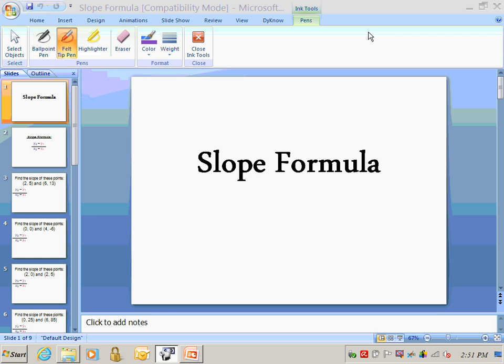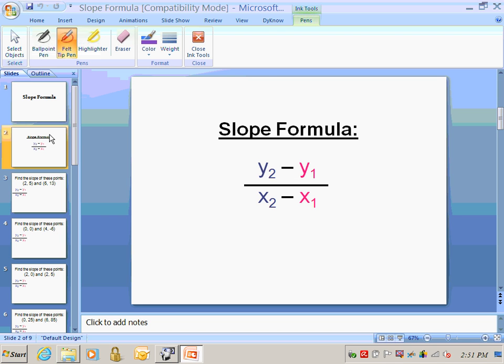This video is on slope formula. It's for when we have two ordered pairs and we're trying to figure out the slope. The slope formula is y2 minus y1 over x2 minus x1. And where we're getting this from, we have an ordered pair x, y,